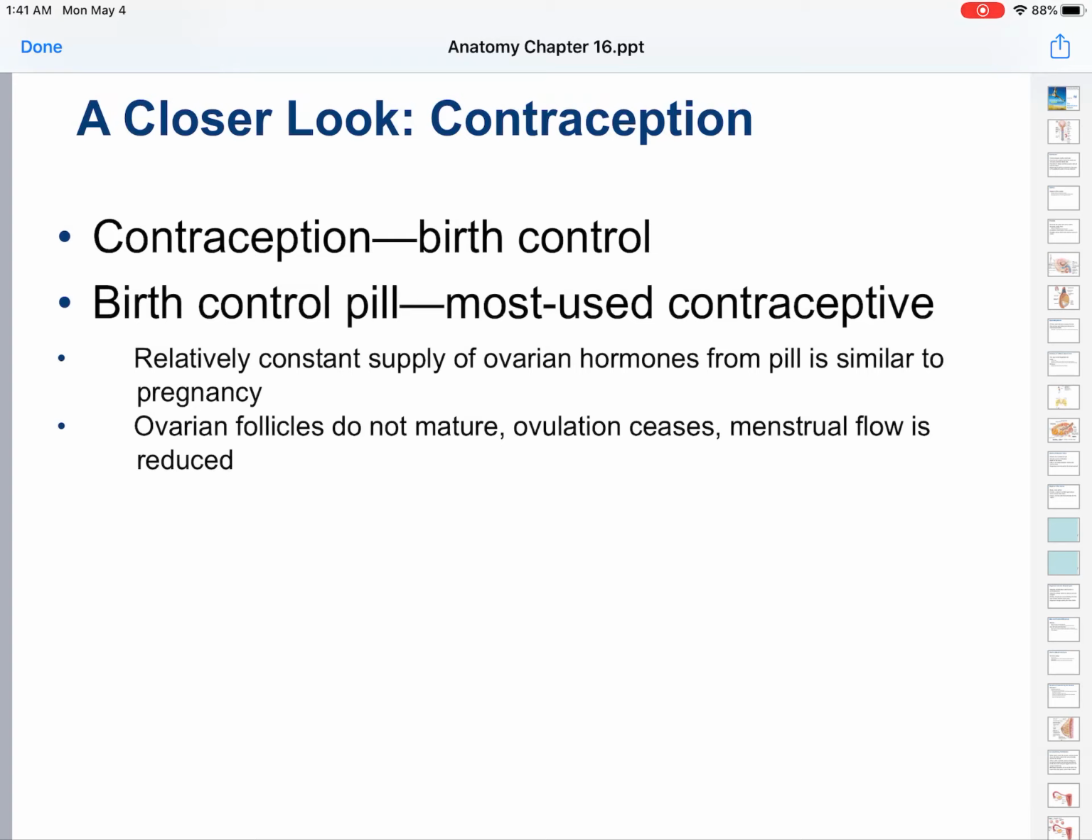I'm already pregnant. I do not need to develop another oocyte. Therefore, follicles do not mature. Ovulation does not occur, and menstrual flow is reduced. However, if you are on the pill, you will still have your menstrual cycle. You will still slough off the endometrium